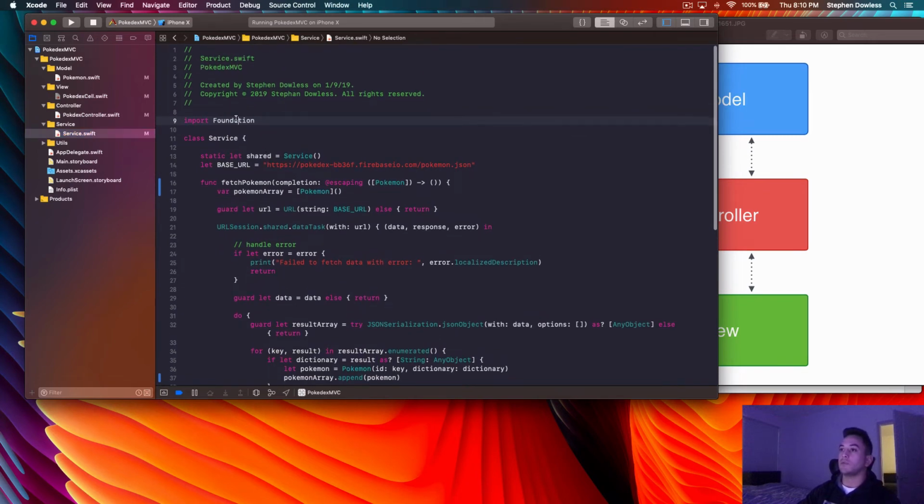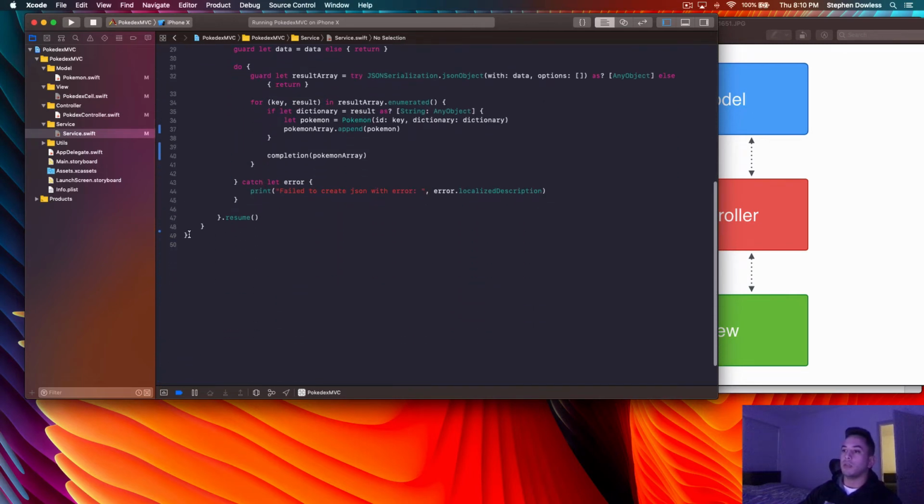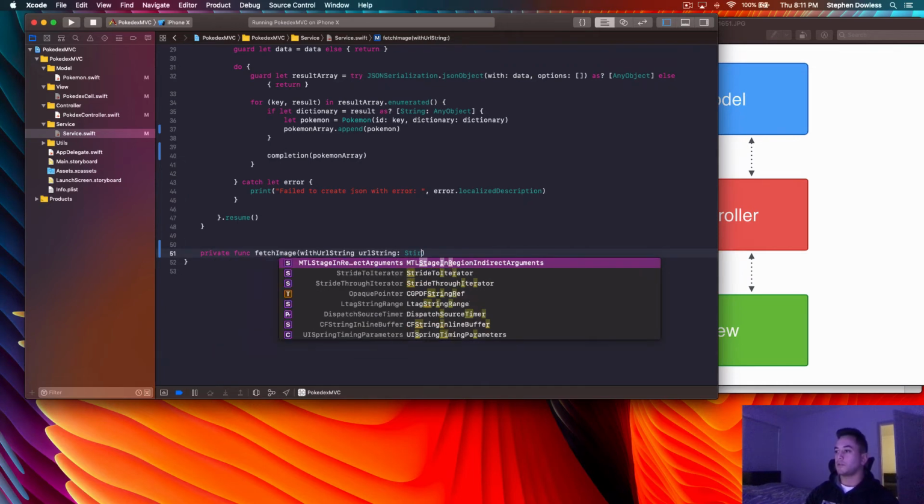So first thing is we need to import UIKit, because we are going to be working with UIImage. So go here and we're going to create a private function called fetchImage. It's going to take in a URL string, so let's call this urlString, and this is going to be of type String.